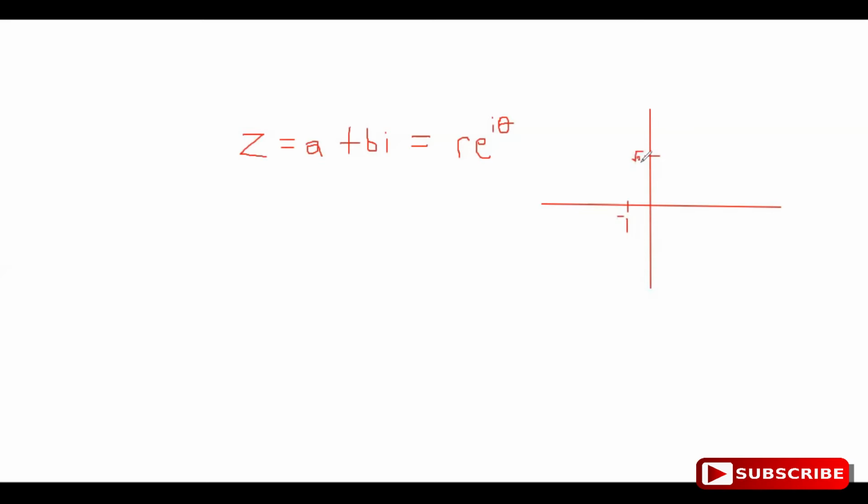And so it is in the second quadrant. So this would be the complex number z. Since it's in the second quadrant, this is the angle that we want. It's the angle between the positive x-axis and z. All of this is the angle that we want. And so the argument, which is the angle that we want, is going to be